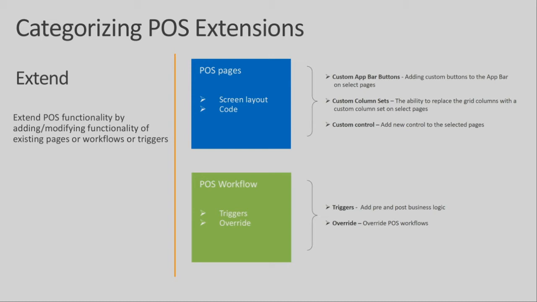Let's take another example. We call a particular inventory system, AX, to get the inventory information. In case you are maintaining inventory in a different system, you can override our workflow. Another example of override: generally when you sell a serialized item, you want to check the serial quantity available. Currently, by default, we check it in the AX database, but if you want to check it in a different system, then you can override our workflow. So these are the two patterns supported within extend.